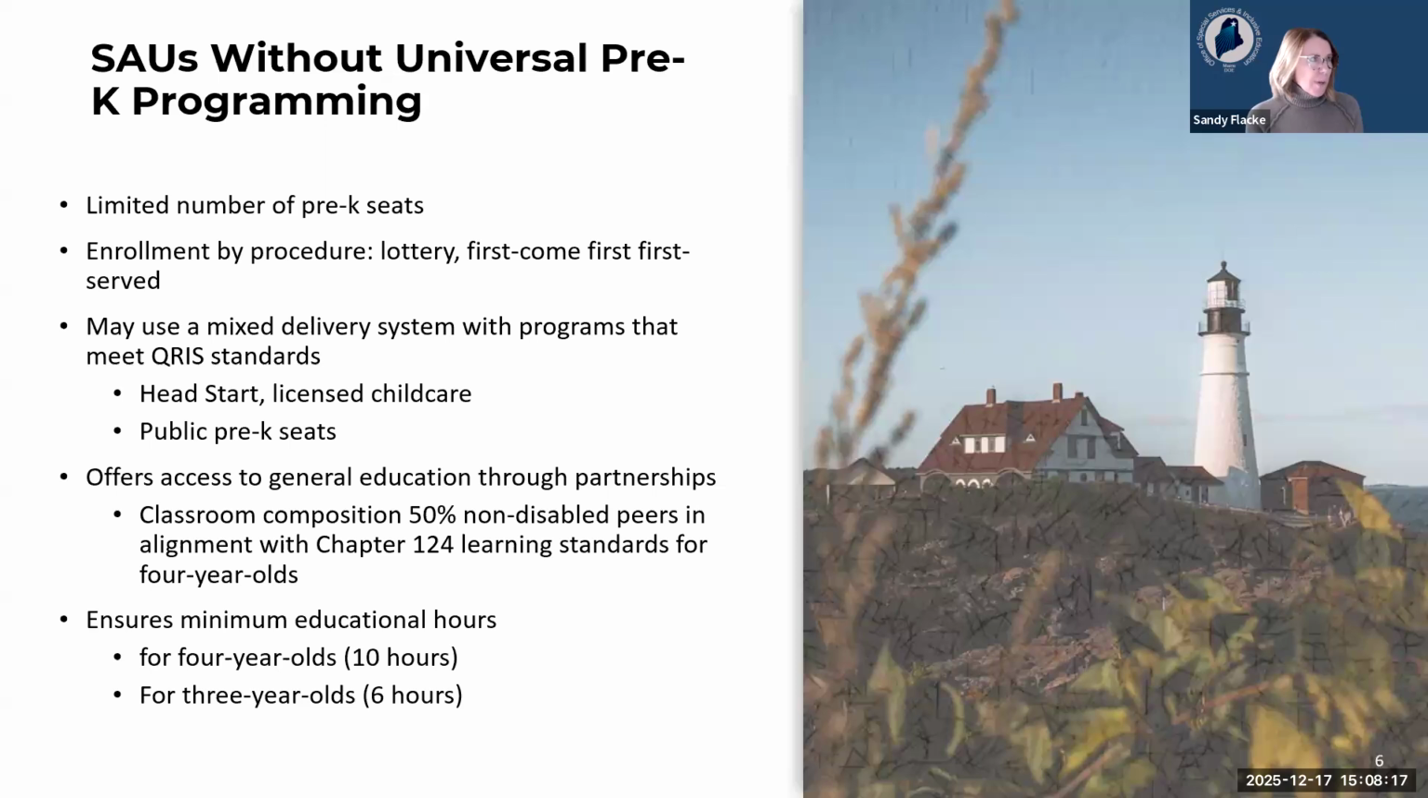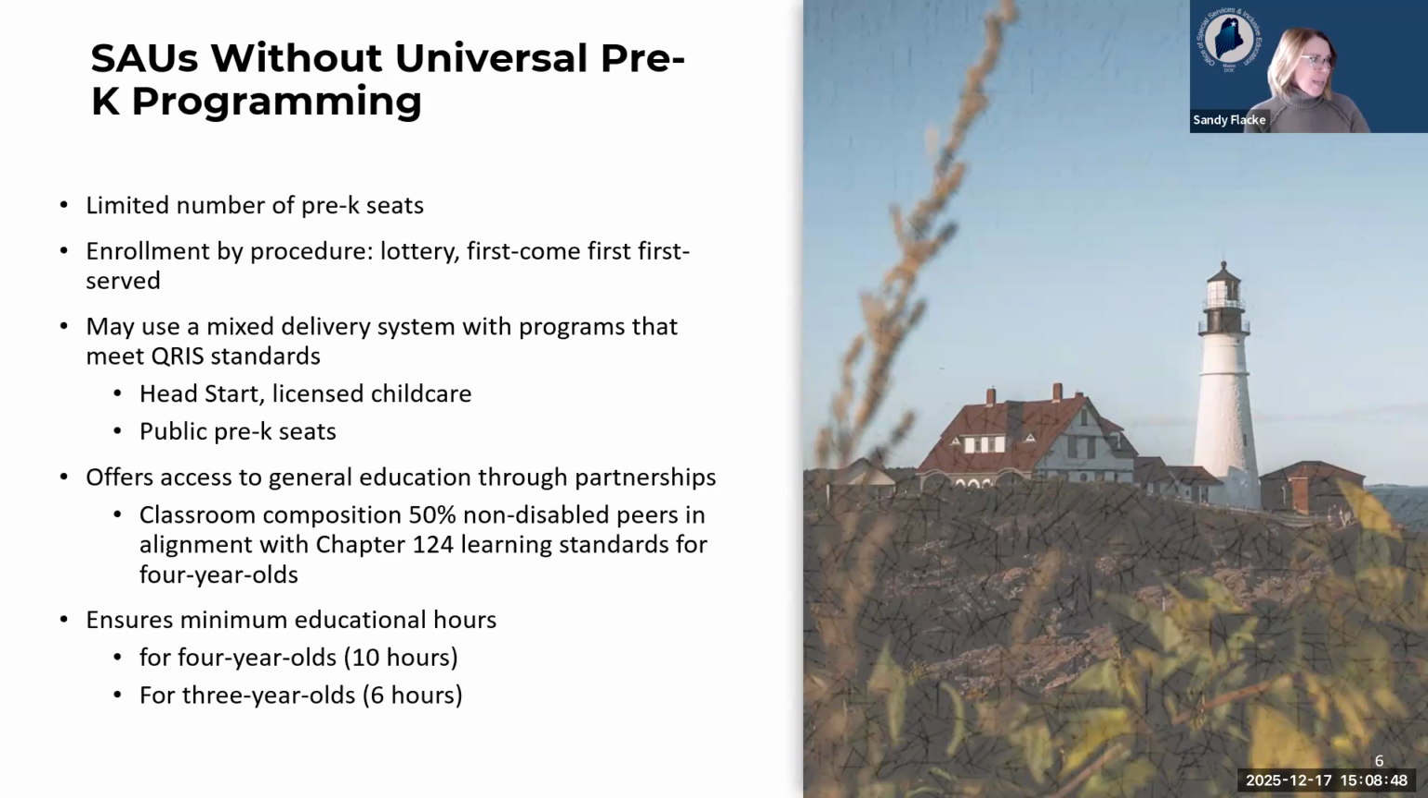SAUs without universal pre-K, once again, they're part of that mixed delivery system, and they could be partnering with their community programs, based on that QRIS standard, which we have set at 3 stars. So Head Start is a partner in the community that we know about, licensed childcare programs, and then once again, their own internal public pre-K seats in their classrooms, but also some school districts have community partnerships that are considered